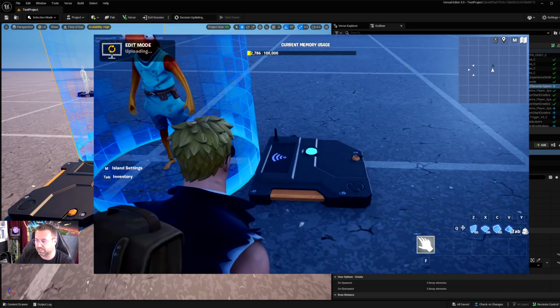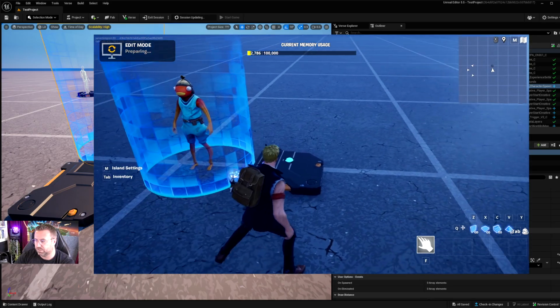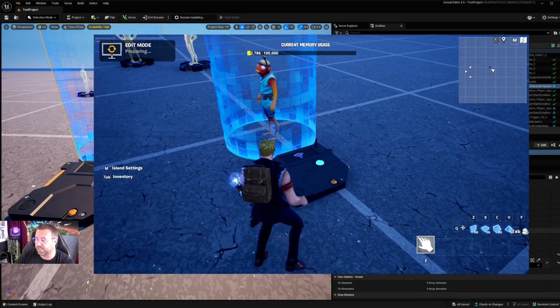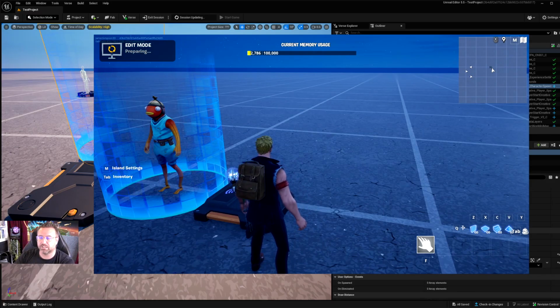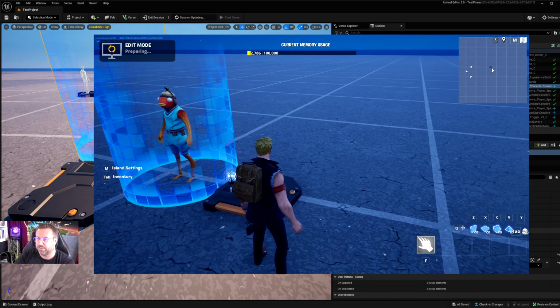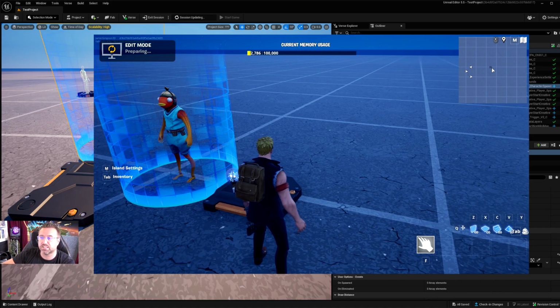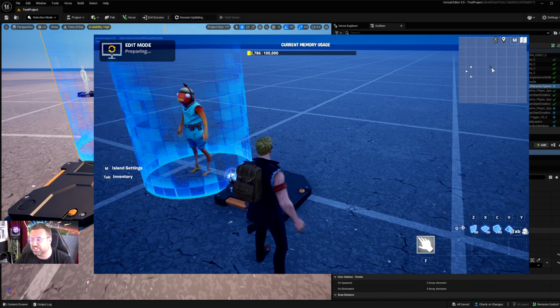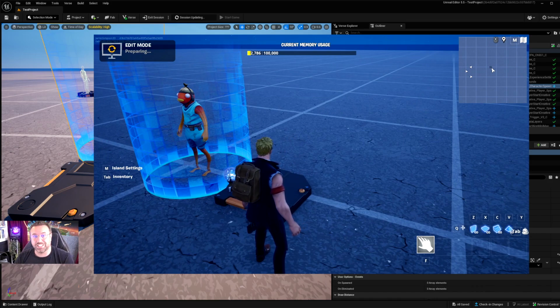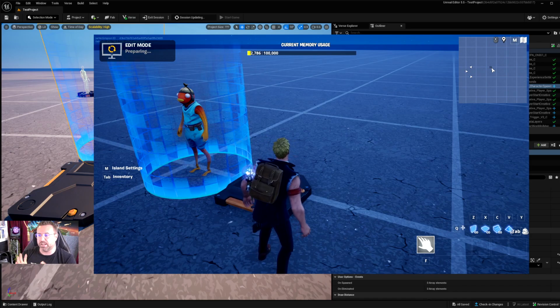So we have access to the trigger. There's a way of accessing it, but I never use the system, so I don't really know. But you notice that it says edit mode preparing on the top left. That's because it is pushing. So we've got session updating on my UEFN editor, and then the edit mode is saying edit mode preparing. And this is just what happens when you want to test one little change. You have to do this every single time, which is why I'd recommend having the